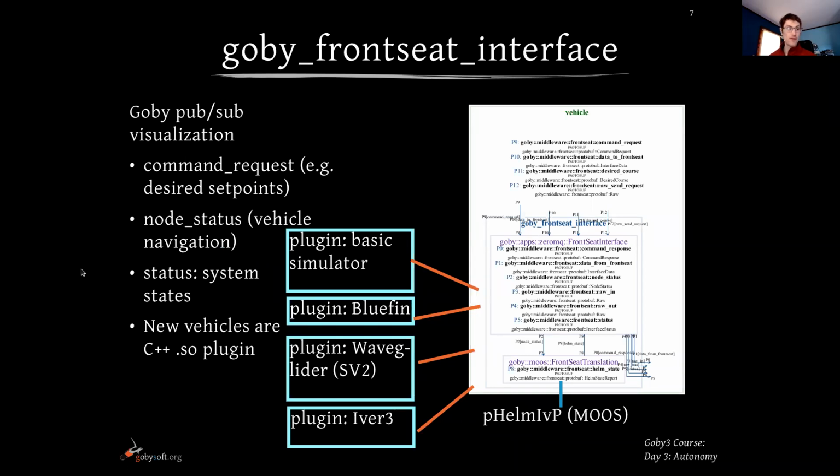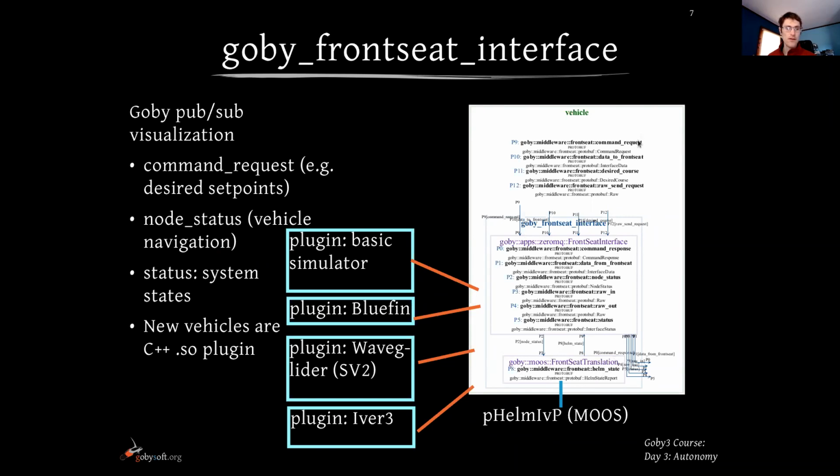This is also a revisit of a similar slide I showed on Monday. Here we're looking at the publish subscribe interface for Goby front seat in a graphical manner. So Goby front seat is primarily one thread. There's a second thread I'll talk about that we can optionally use in a bit. But the main subscription is this command request.